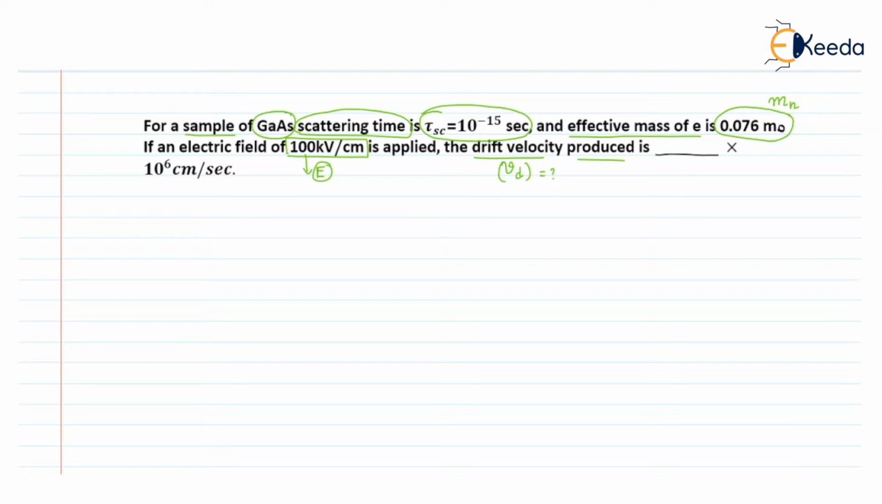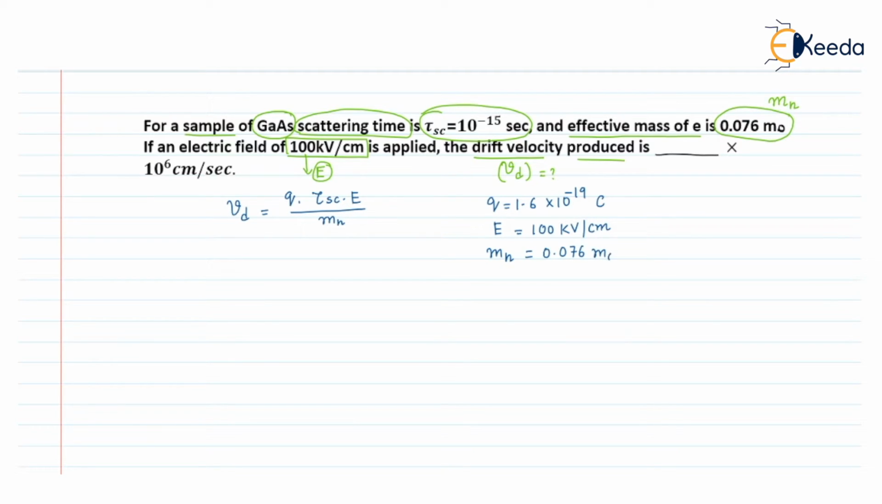So from this question we know that we need to find the drift velocity, and the drift velocity equation we know that it is given by q into tau sc into capital E divided by Mn, where q value is 1.6 into 10 to the power minus 19 coulomb, and E value is given in this question as 100 kilovolt per centimeter, and Mn value, that is the effective mass of the electron, is given by